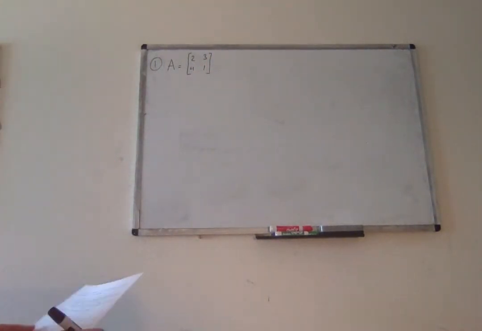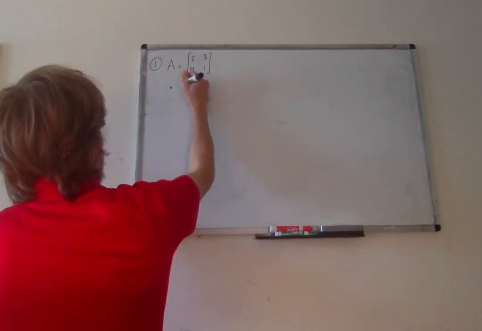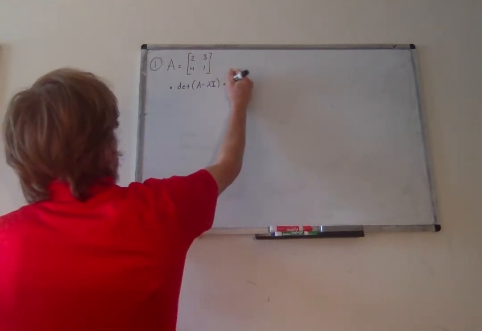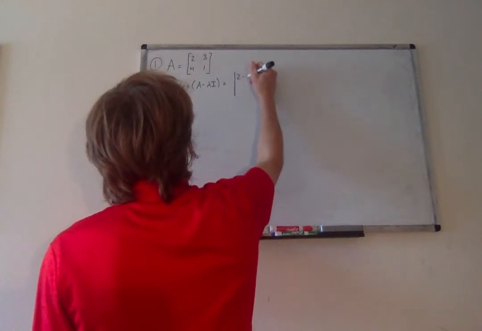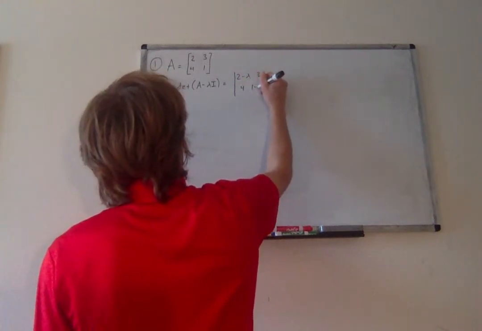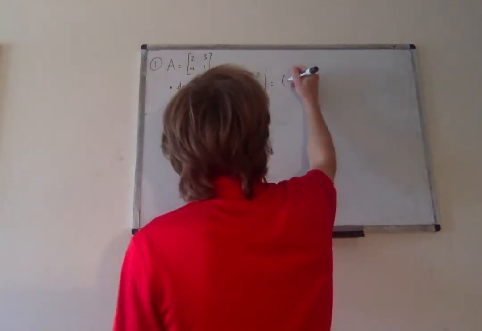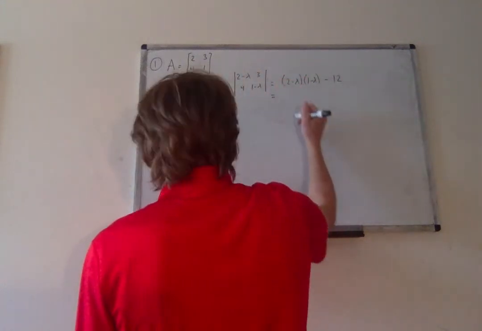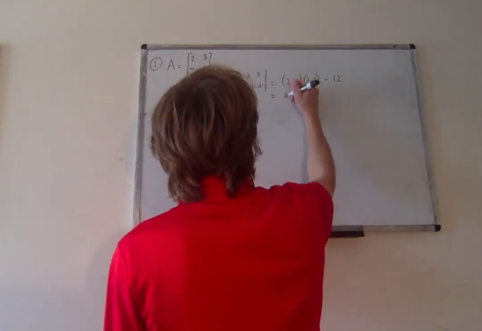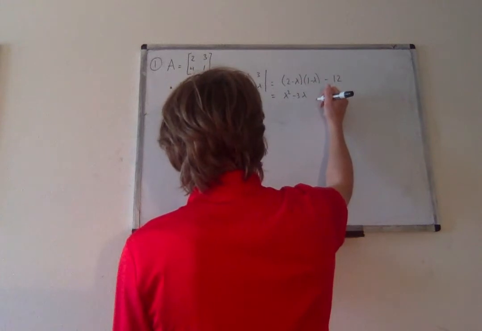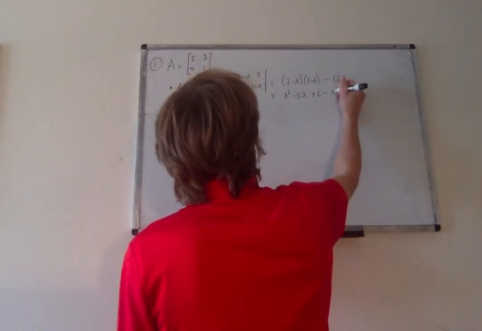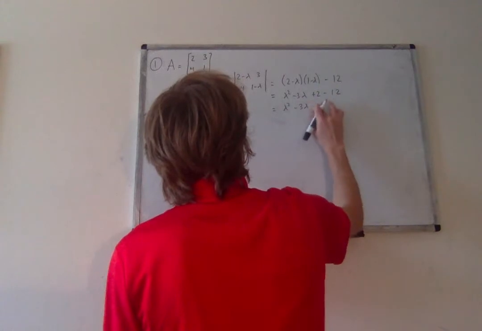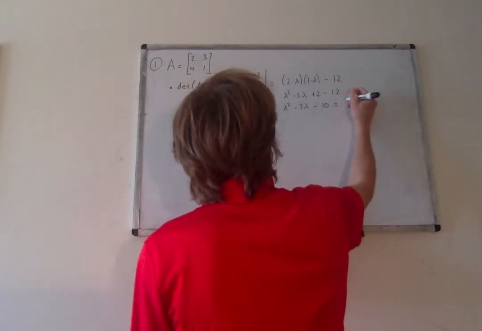First thing we want to do is find the eigenvalues. To do this, we want the characteristic polynomial, which remember is the determinant of A minus lambda I. So this would be the determinant of 2 minus lambda, 3, 4, 1 minus lambda, which is equal to lambda squared minus 3 lambda plus 2 minus 12, so lambda squared minus 3 lambda minus 10. And factoring that,